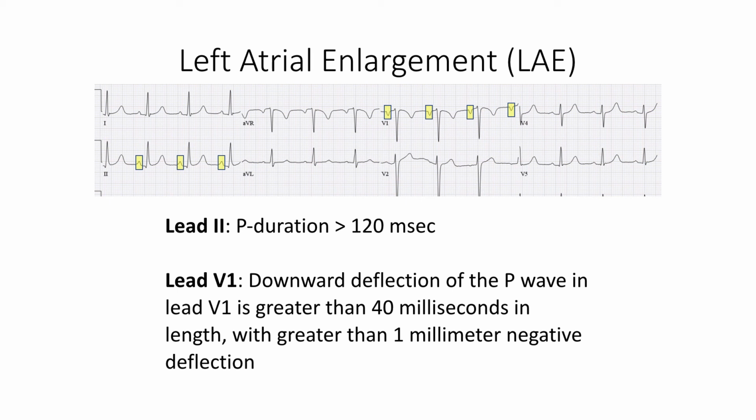That second part sounds a bit complicated, but if we think about the physiology, then it becomes more easily understood. Remember that the P wave begins in the right atrium, and the electrical signal then migrates over to the left atrium. If the left atrium is diseased, electrically slow, and boggy and large, then it will take much more time for the electrical current to traverse across it, thus delaying and stretching out the second part of the P wave, the part with the downward deflection. Second, if the left atrium is truly enlarged, the amplitude of the downward part of the P wave will be much greater. So in short, left atrial enlargement causes a pronounced and slowed downward deflection of the P wave in